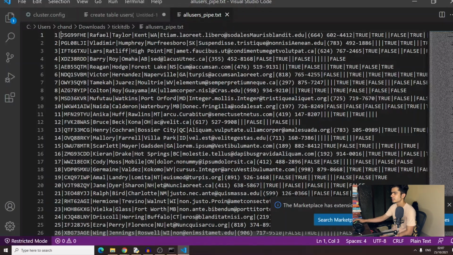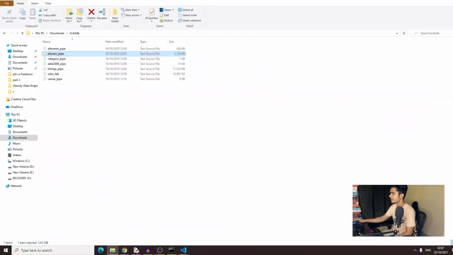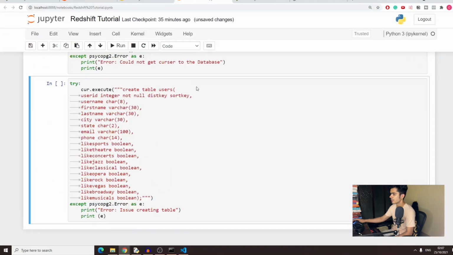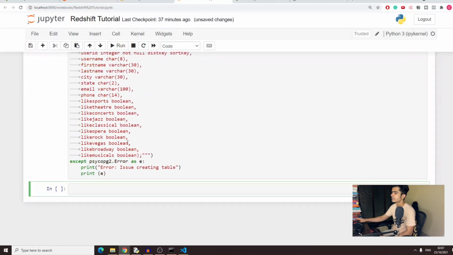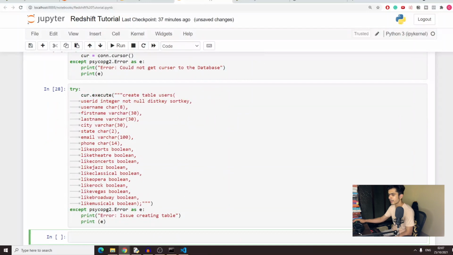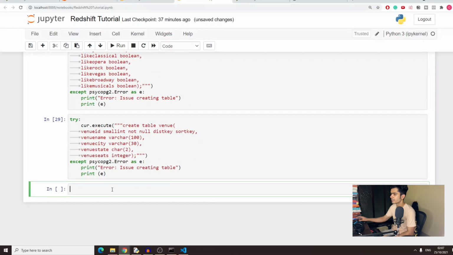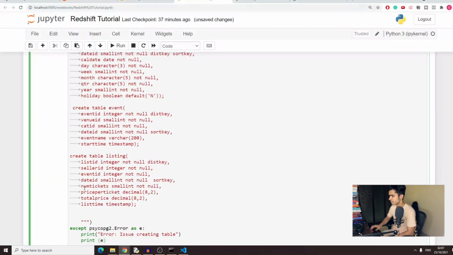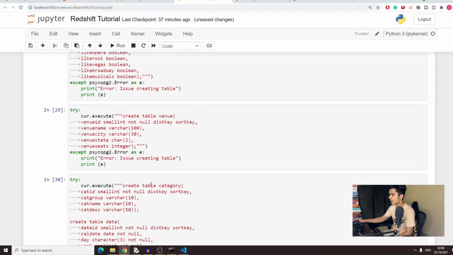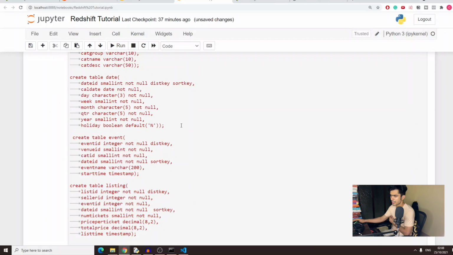I'm not going to mess with this particular file. I'm just going to keep everything as it is. So you see, understand the file. I've already created the structure for this file over here, and when I run create table, it will create this particular table. I've done the same for all the other things, such as the venue. So I have all the tables available over here with all the data types and everything.